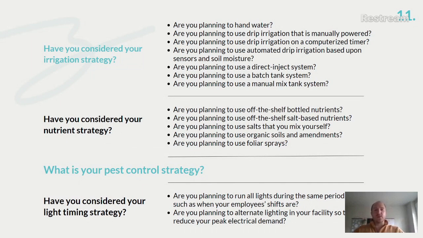All that to be said, there isn't a right way or a wrong way. Know what type of product you're trying to create at the end. Know what level of skill your employees have to be able to do this. And if you're trying to also mix your own nutrients, have a part of your facility that is designed to do so.